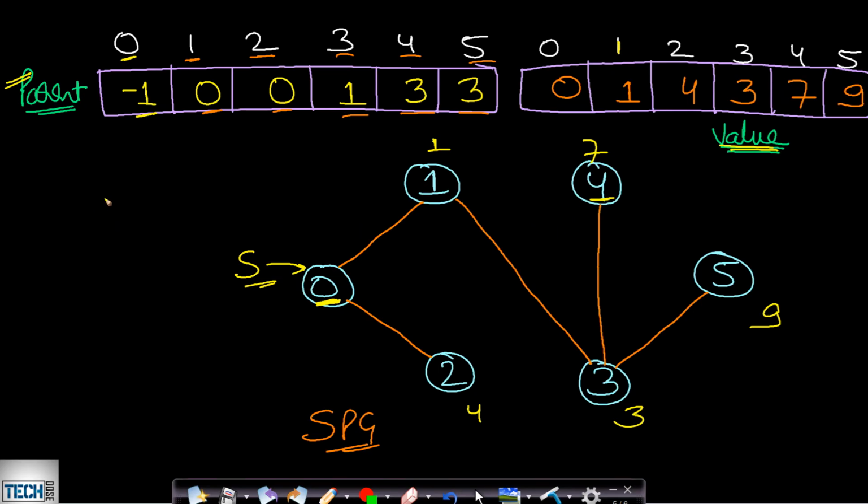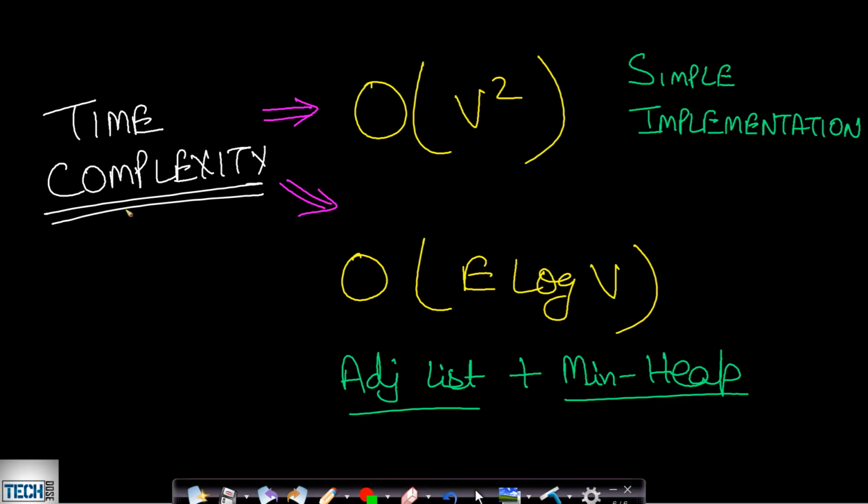Okay. So I hope you understood how this Dijkstra algorithm works along with the data structure implementations and how to form this graph. If you are required to print this graph, then you can simply print this relationship along with the value. Okay. Now let us look at the time complexity and then we will see the code. So the time complexity for the simple implementation will be order of V squared, which I will be showing you in the code. If you want to improve this time complexity, then that will be E log V, and this will be evident when we are seeing the code. So this is the entire time complexity.